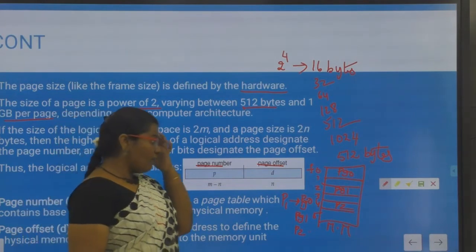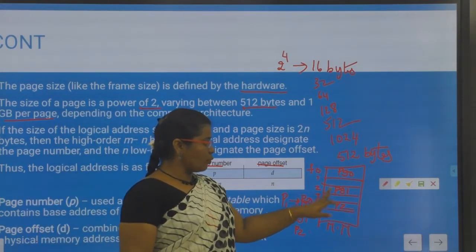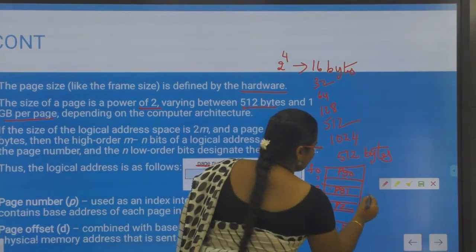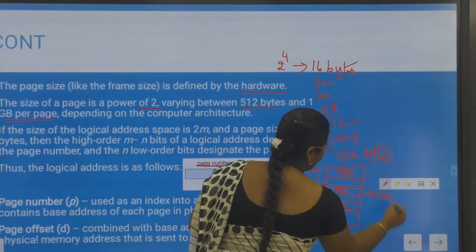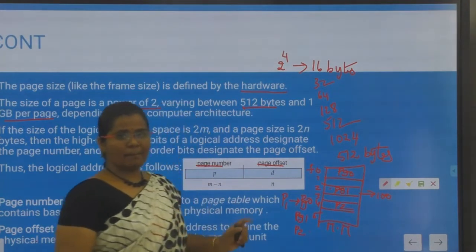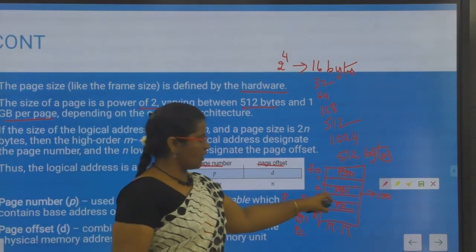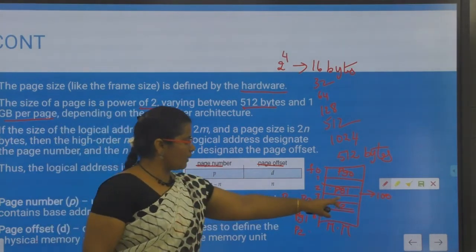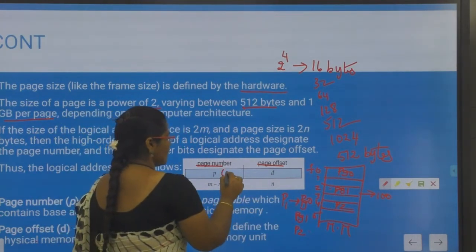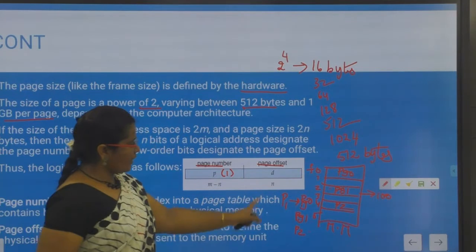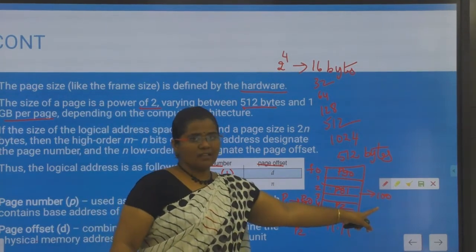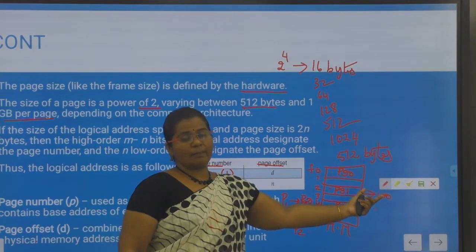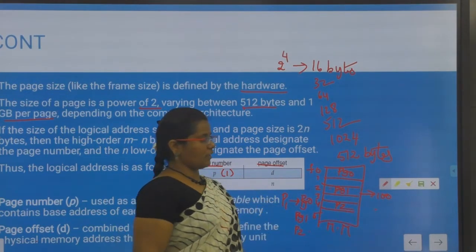Now if I want to execute page 1, and I want to execute the 100th byte in page 1, your page number will become 1, and the offset will become the location, that is, which byte you want to execute in that particular page.